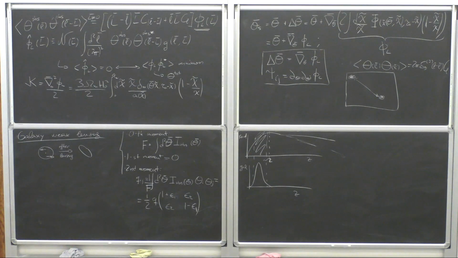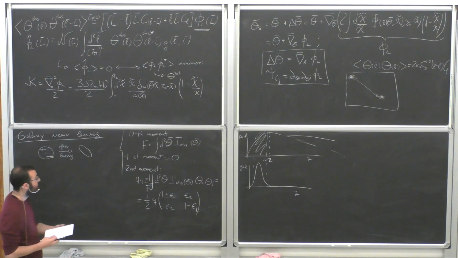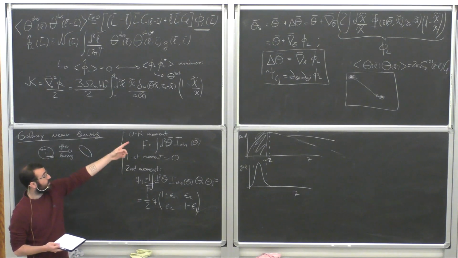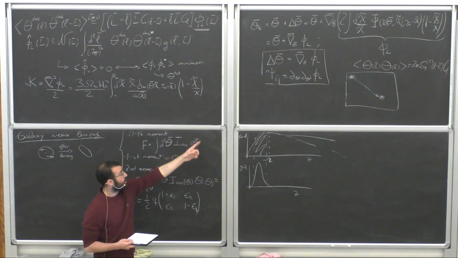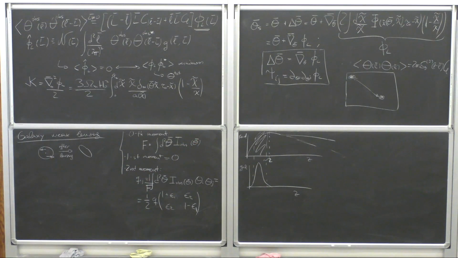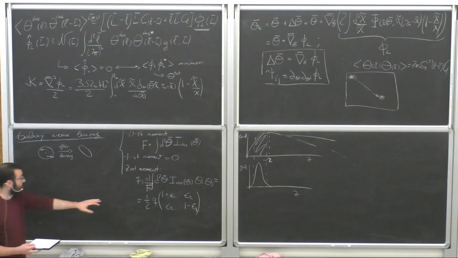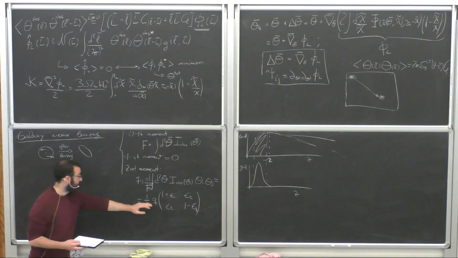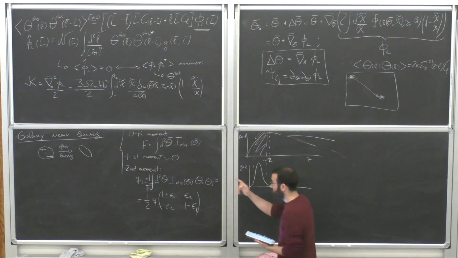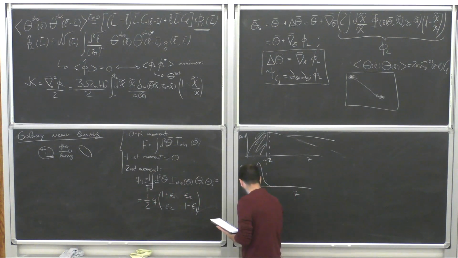Just as a spoiler of what we're going to end up doing at the end of the day, we are trying to describe this shape and how it's going to be distorted by the distortion tensor due to the lensing potential in terms of E modes and B modes. Okay, so we have already a description of the shape of the galaxy. This is the intrinsic shape, so here there's no lensing yet. What we need to do is see how the distortion tensor applies to Qij.